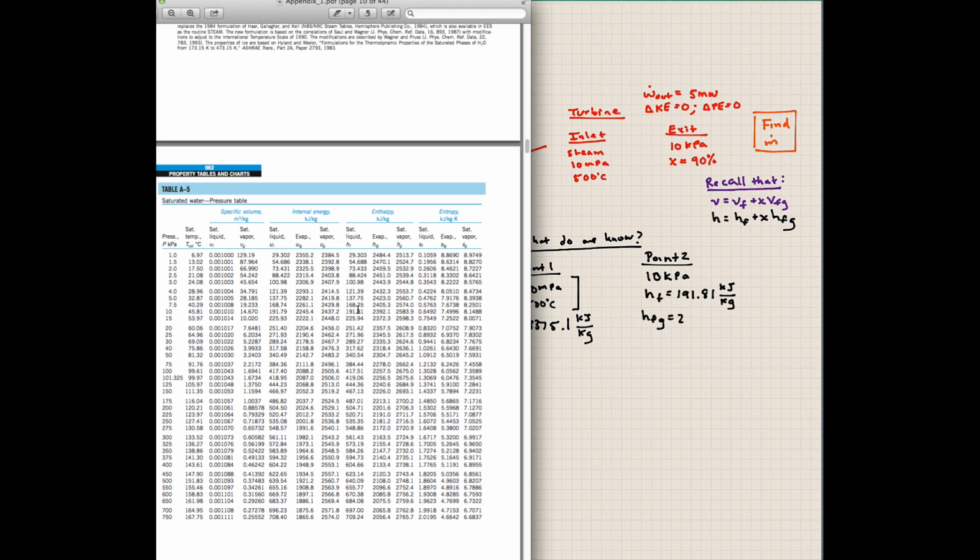So hfg is 2392.1 kilojoules per kilogram. And so now we have enough information on how to evaluate. So we're going to find an h average using our formula that we have. So our h average is the hf, which is 191.81